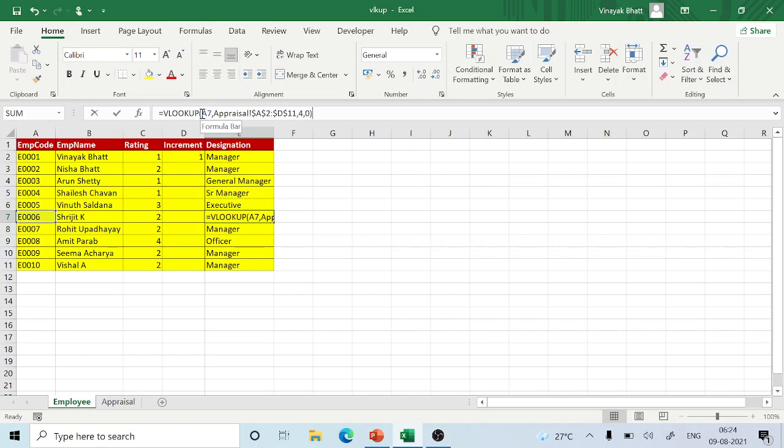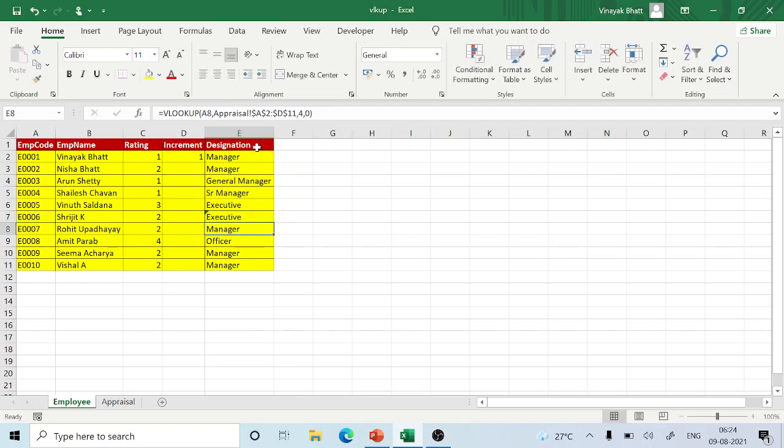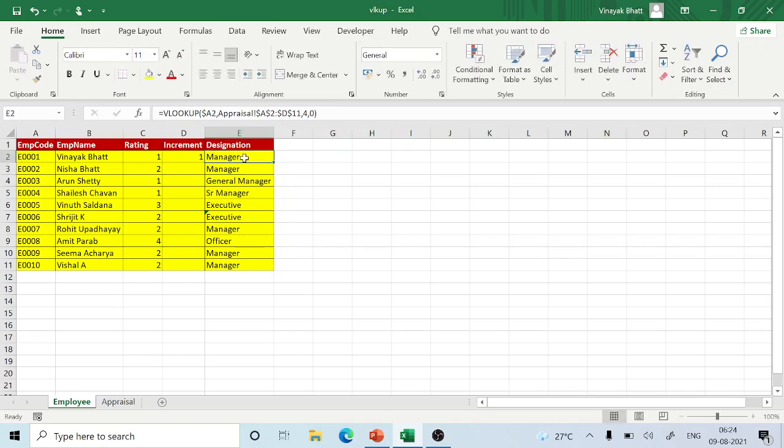So I want to fix this column to $A, but I don't want the row number to be fixed. So I will enter, and I will copy this formula. So here now we have $A2, the appraisal range $A2 to $D2, which is a fixed range of data, and fourth index to find a designation, and then I will copy this data.